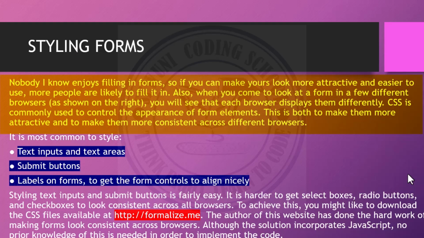So if you make yours more attractive and easier for people to use, they are likely to fill it. But if it's lengthy and it's not organized properly, it is very difficult, and most people do not like it at all. I'm going to explain how to style your forms, for forms to look attractive, for people to actually like it, to actually fill in your queries. It is most common to style text input and text areas, and then submit buttons and labels on forms,